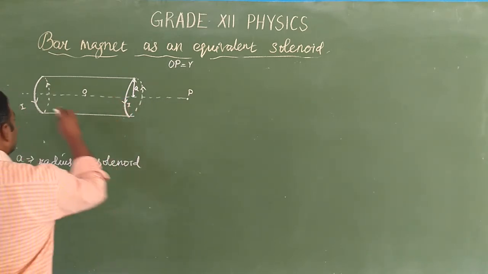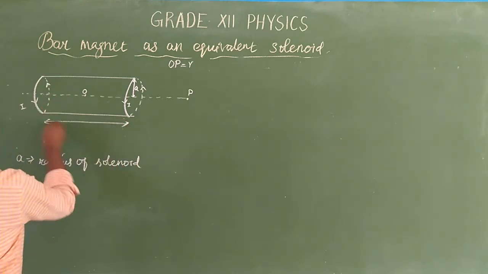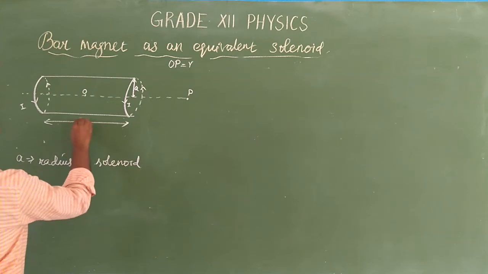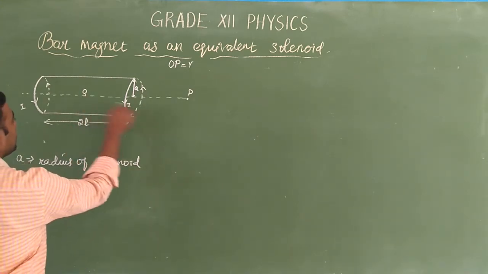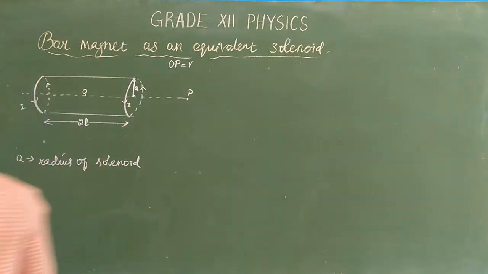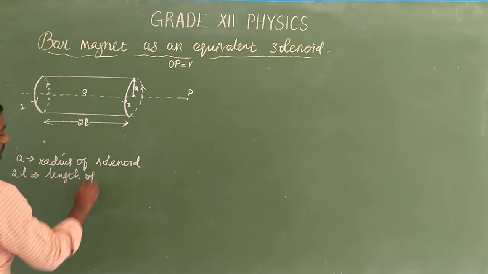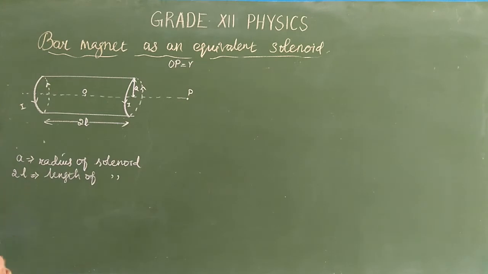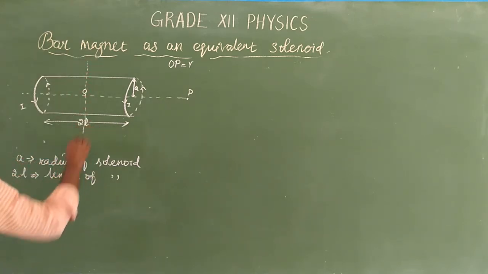Okay, and this magnetic length is equal to 2L. So 2L is the electromagnetic length. From the center on either side it is equal to L and L. Okay, and I is the current that flows through it, and 2L is the length of the solenoid, and A is the area of cross section, and then a perpendicular line drawn to this is called the equatorial line.